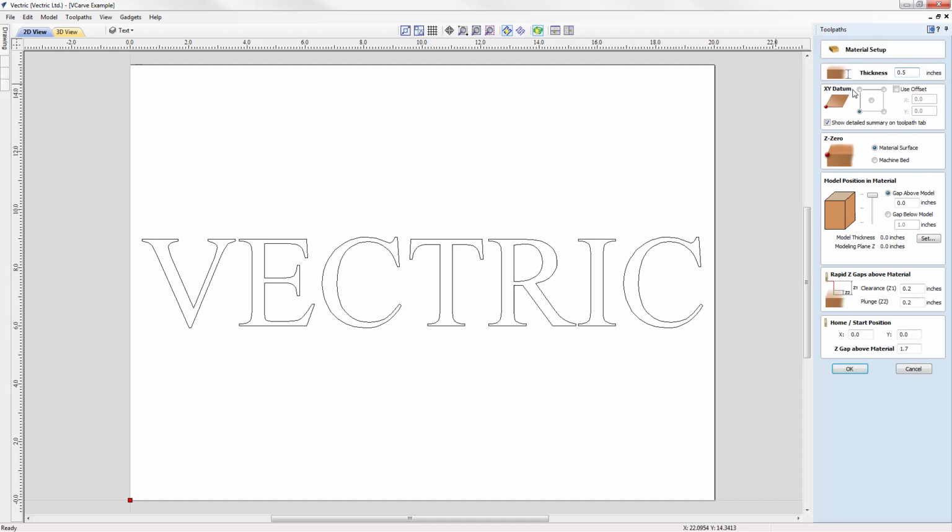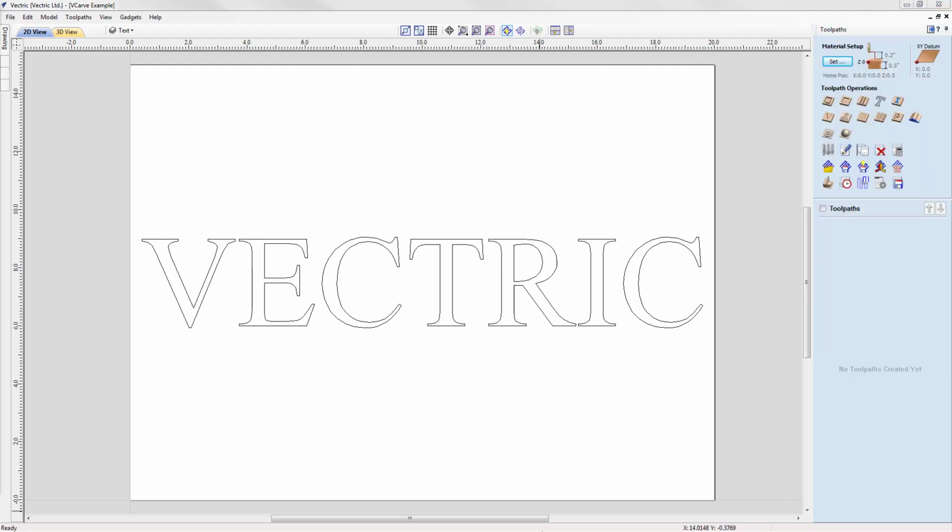We're going to set our XY datum position in the lower left. Z0, we're doing that from the material surface. And then here we can check over the rapid Z-gaps, home and start position, ensuring everything's safe and appropriate. Might want to just alter the Z-gap there, just change that to 1/2 inch, and then we could go ahead and press OK. So to start with, we're going to select our text, the Vectric text,